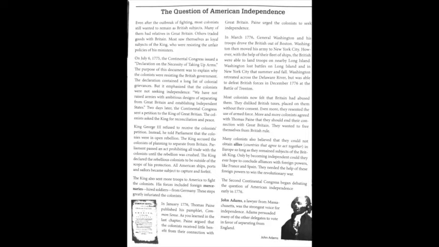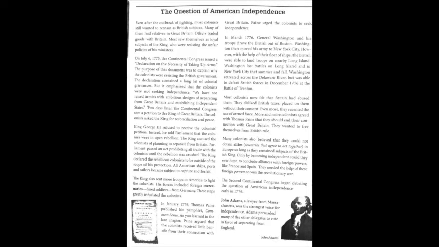In January of 1776, Thomas Paine published his pamphlet, Common Sense, as you learned in the last chapter. Paine argued that the colonists received little benefit from their connection with Great Britain, and Paine urged the colonists to seek independence. I want you to underline or highlight that entire paragraph, from "In January 1776" all the way down to "seek independence" on the next column over. So, Common Sense, remember the short book, the pamphlet written by Thomas Paine, was all about why America should just break up with Great Britain and start their own thing.